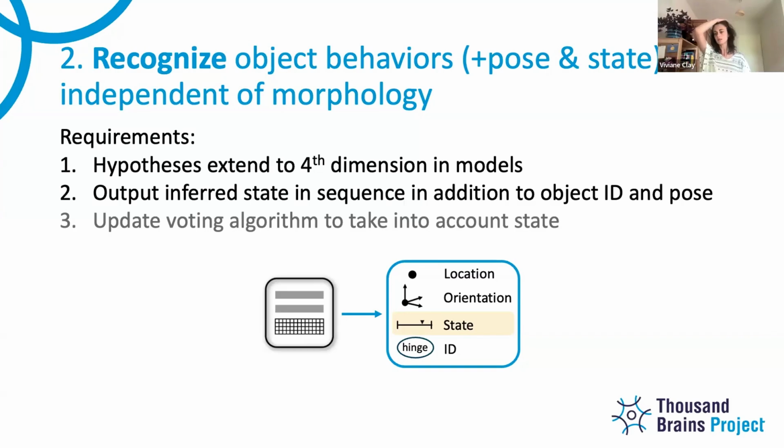Yeah, so the reason we can vote between learning modules is that every learning module learns reference frames for an object independent of other reference frames, but there is a common body reference frame. So there is a way to translate from one to the other. Now, if we have learning modules,